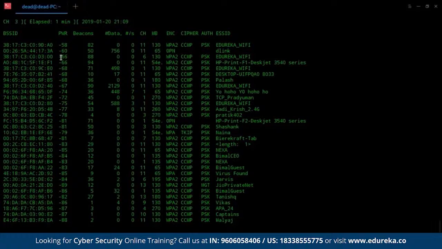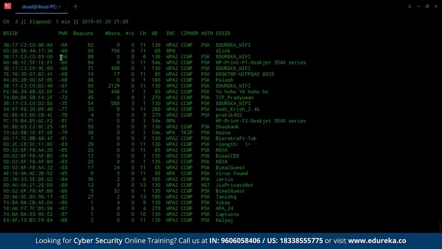So as we intend to stay ethical, what we are going to do here is capture whatever we find in our office only for educational purposes. But when we are doing the actual cracking step, that is the last step of this whole procedure, I'll be running it on a file that I had generated at home, as I just said, because I have permission to do whatever I want with my own Wi-Fi and passwords.